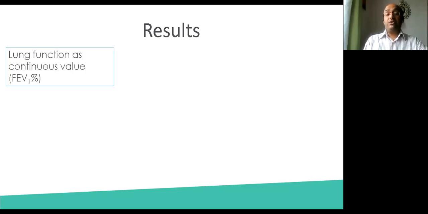So the results. Initially, we took lung function as a continuous value, the percentage predicted FEV1, and did the same thing for all of the different methods. We found 60% accuracy, meaning we can predict the lung function 60% accurately, and the remaining 40% was wrong.